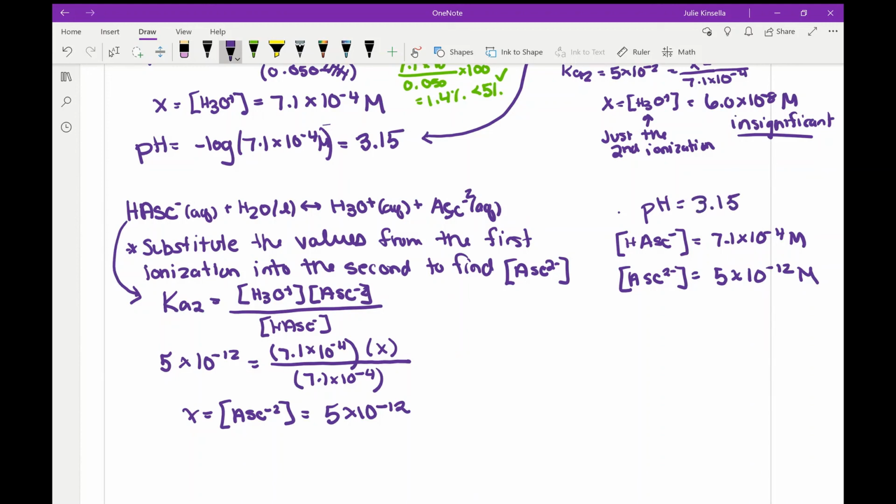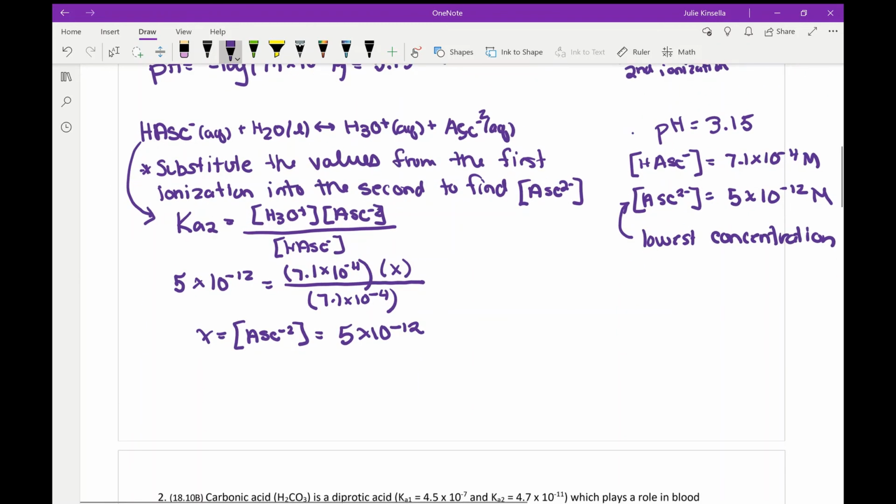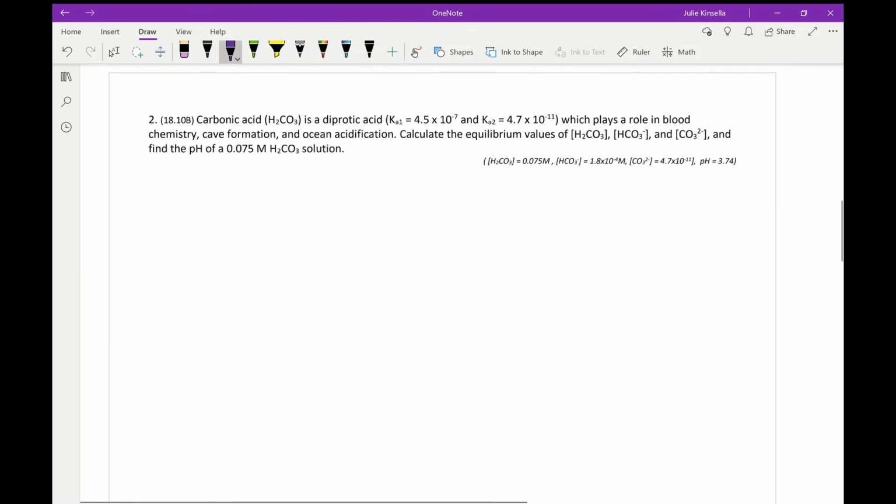What I usually see with these questions in AP is in the multiple choice. And really, if you just know that the anion at the end of the final ionization is always going to be in the lowest concentration, that can save you a whole lot of calculating if you understand the relationship. That's one of the main points I would make sure really gets through to you as you're going through this. Okay, so I'm going to walk through another one. It's another diprotic acid. You'll see on a practice coming up a triprotic, so it'll give you a chance to